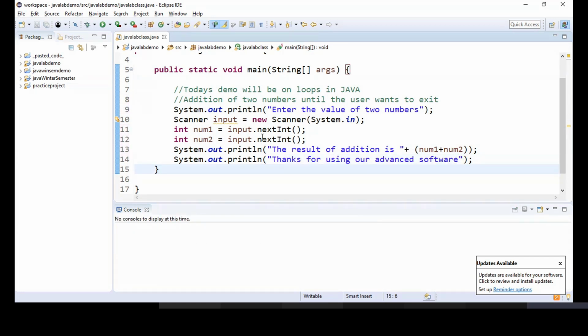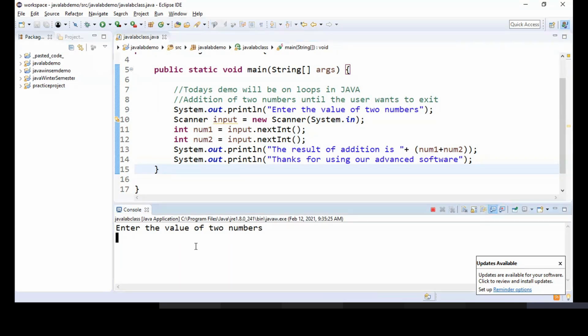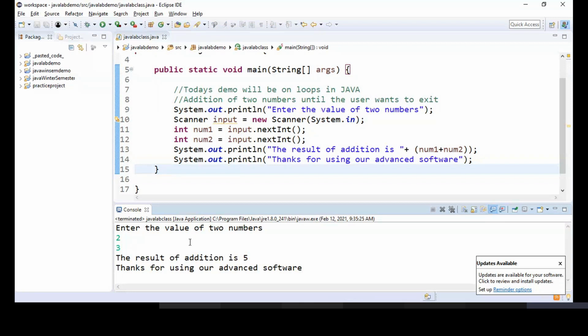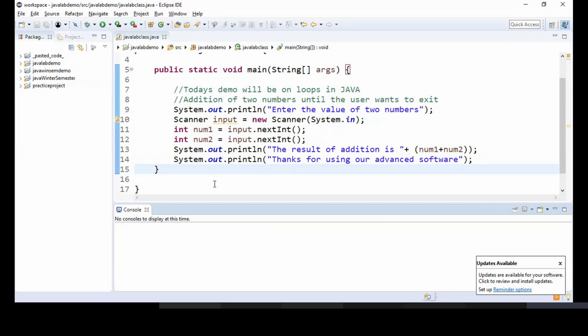Now we'll run this. Let's check. So it's a simple 2 and 3. The result of addition is 5. Thanks for using our advanced software. Now this software exits, right? Again, if the user wants to add two numbers, he should run the code. But we don't want to have this to happen. We want the user to be continuously in a loop,